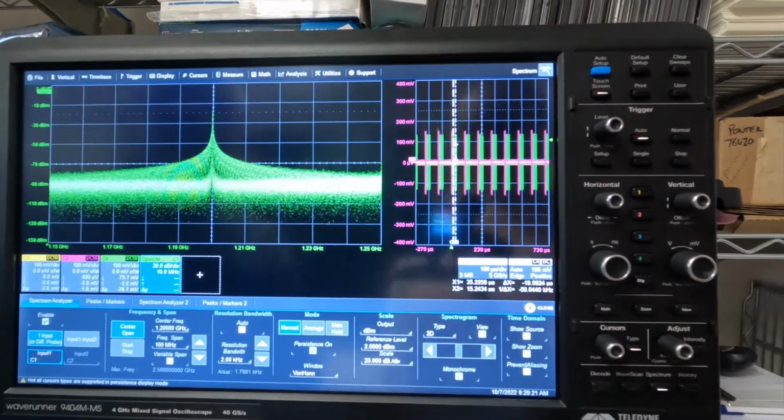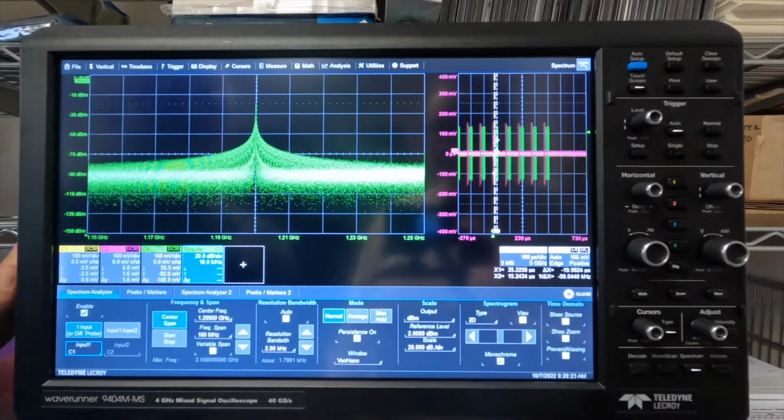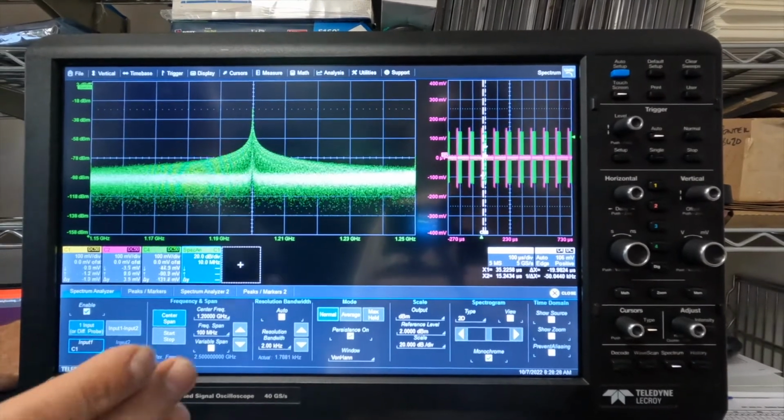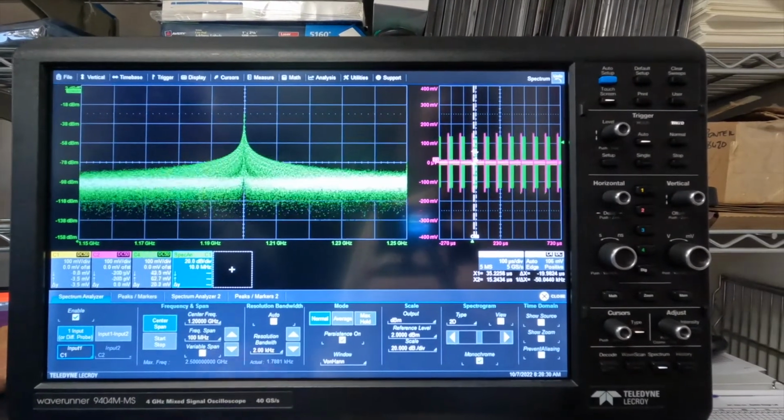And that is a very simple pulsed CW with a simple fixed pulse width and period, no modulation, just right at the center frequency of 1200 megahertz. The second channel